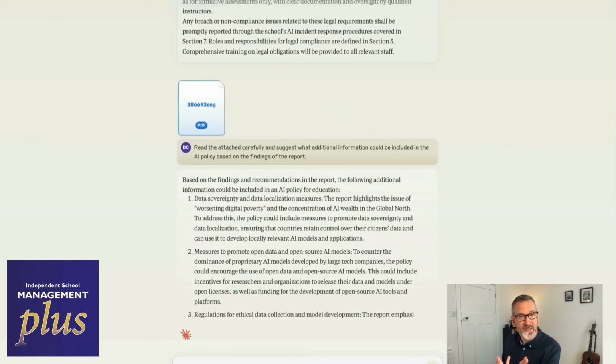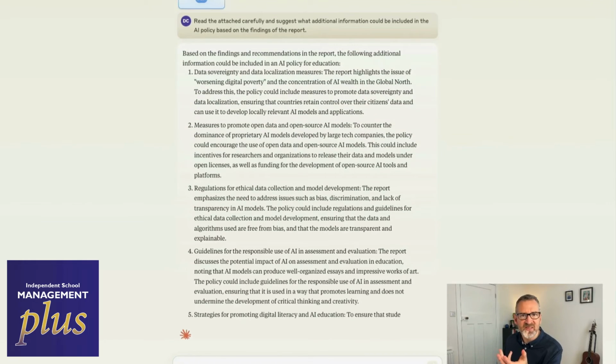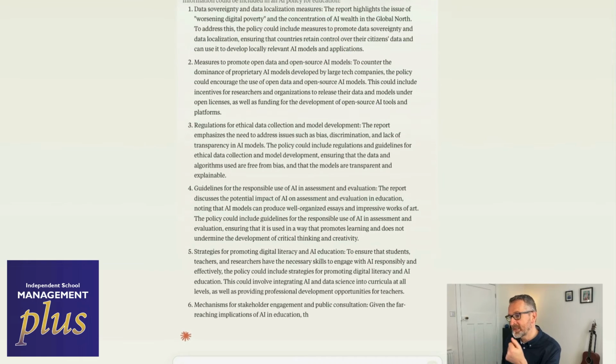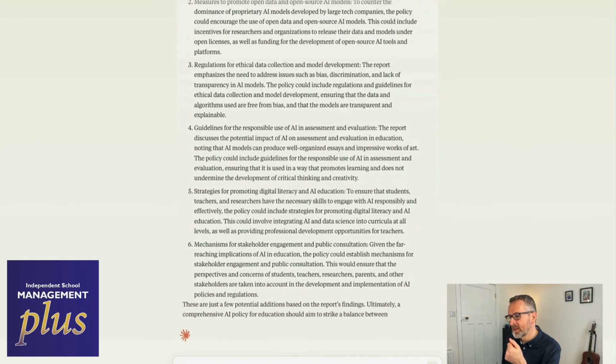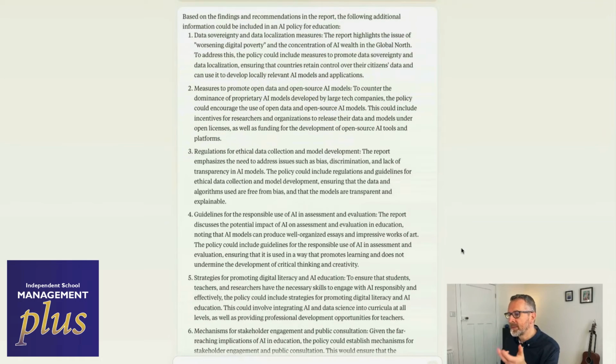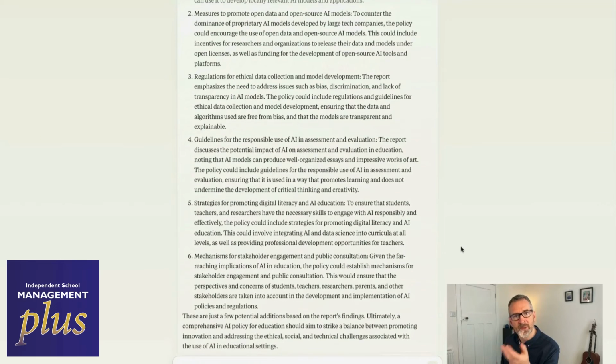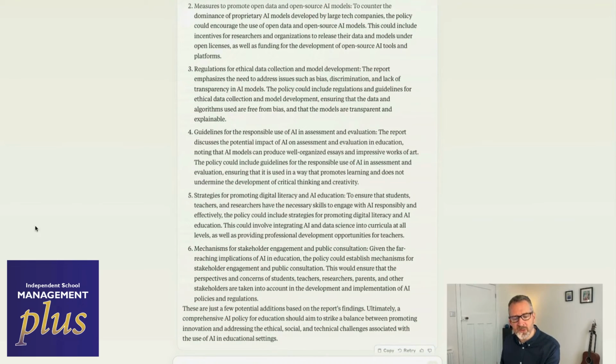See how fast it did it? It's amazing. It's read that whole long UNESCO report in about 20 or 30 seconds, and it's given me those there. So it's talking about data sovereignty, measures to protect open data, regulations for ethical data collection, and so on and so on. It's done a good job there. 5 things which we would want to have